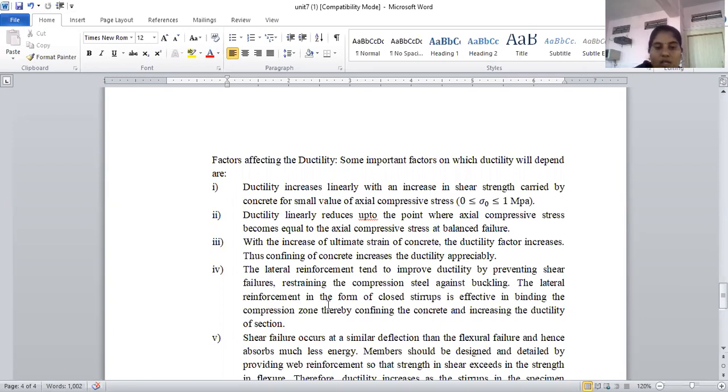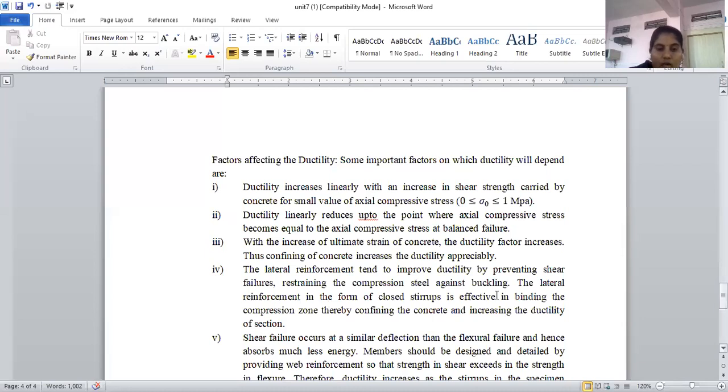Next one is the lateral reinforcement. If the lateral reinforcement is good, where the connections between the steel reinforcement are good, then automatically it improves the ductility. Whatever dynamic loads are coming, our structure will remain a safe structure because there is ductility. If the connections between the RCC members are good, our structure will become a safe structure while the dynamic loads are there.